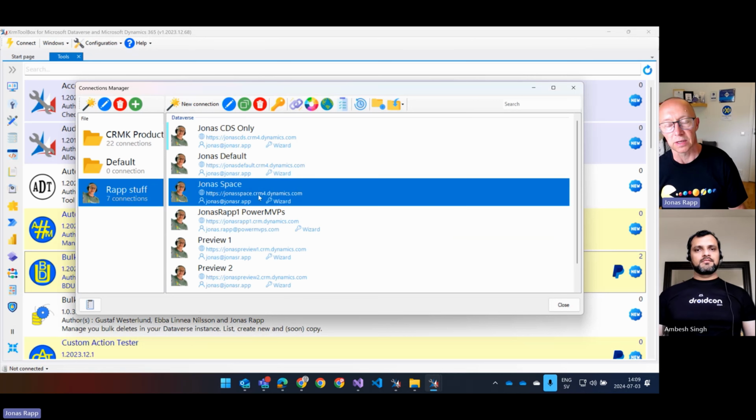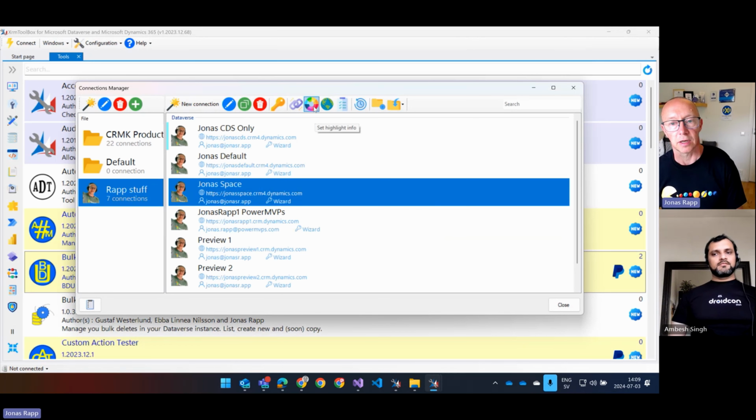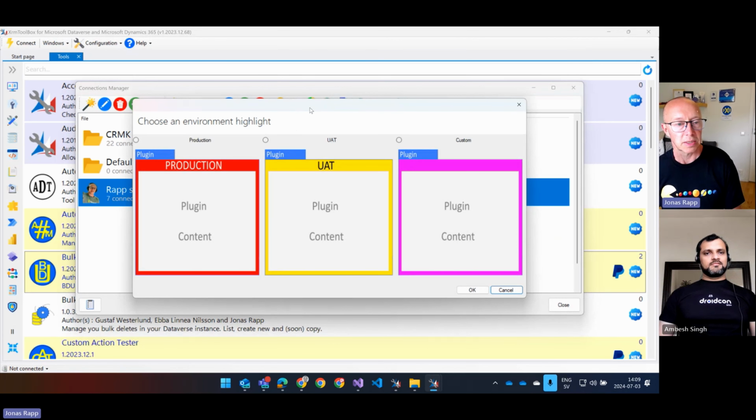And then we have the things that are really fun, to change colors. We can say that this environment that I'm connecting to here is for production. It should be really red, back color, and so on, to know that, hey, don't do whatever else here, because in a production environment, be careful. If we're in UAT or a test environment, we should select this one and it gets a yellow background, and